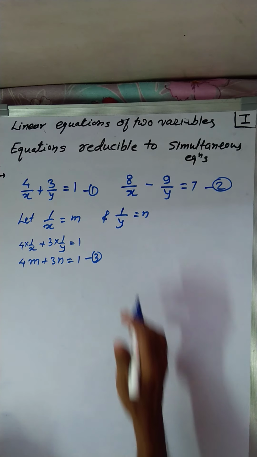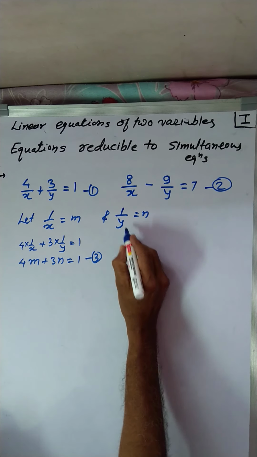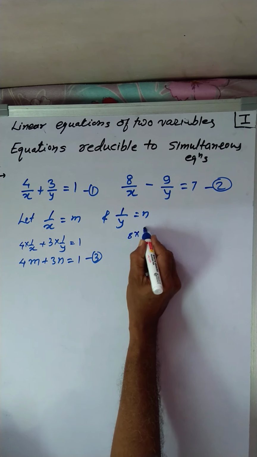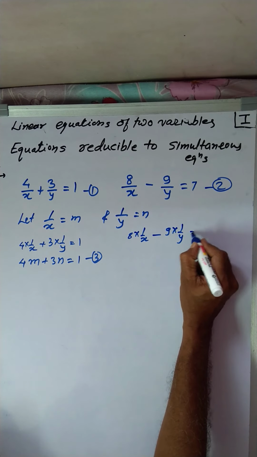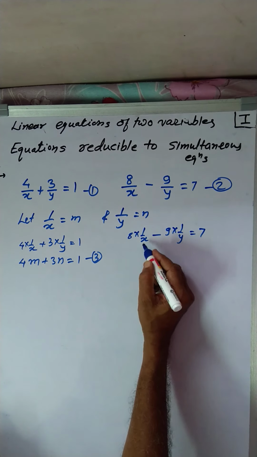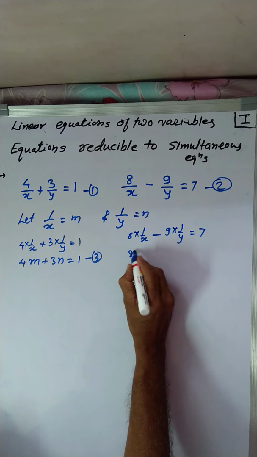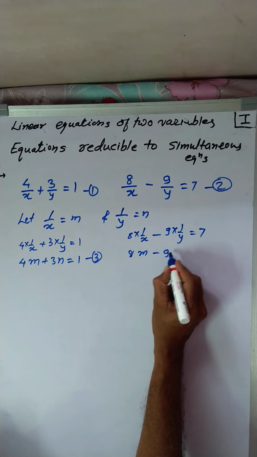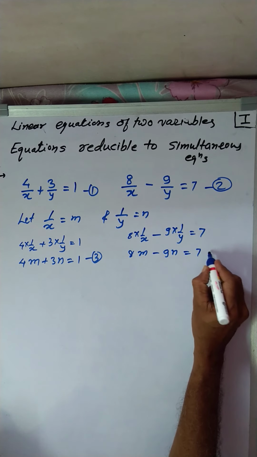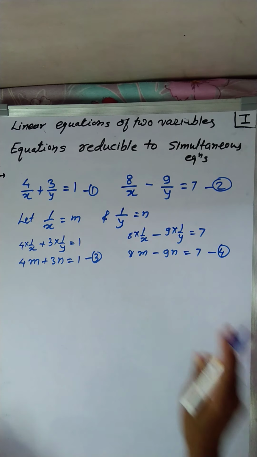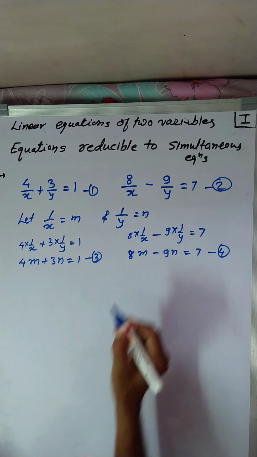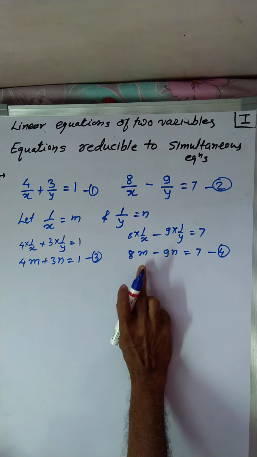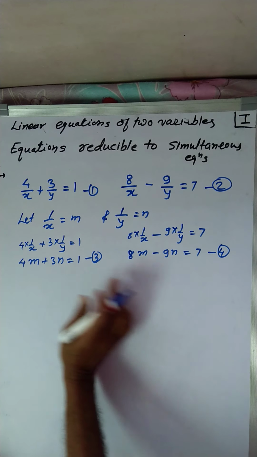Similarly, in the second equation, this is 8 into 1 upon x minus 9 into 1 upon y is equal to 7. Substituting 1 upon x is equal to m, we get 8m minus 9n is equal to 7, which is equation number 4. Now we can solve these equations by any method. We take the equating coefficient method. For this,